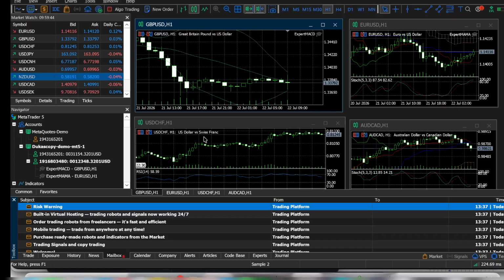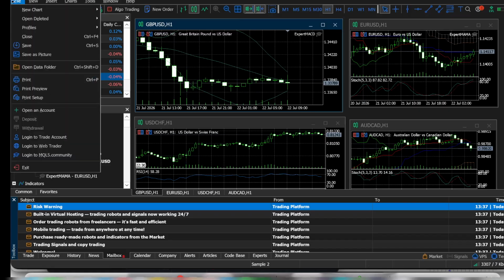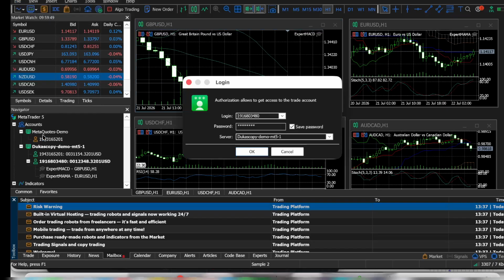Starting off, you'll find yourself on the main dashboard of MetaTrader 5. Here, we'll need to log into your trading account. In the upper left corner of your screen, you'll see a menu option labeled File. Click on it. A drop-down menu will appear, and from here, you need to select Login to Trade Account. Clicking this will open up a login window where you can input your trading details. This step is crucial as it syncs all your trading data to your new device, ensuring you have uninterrupted access